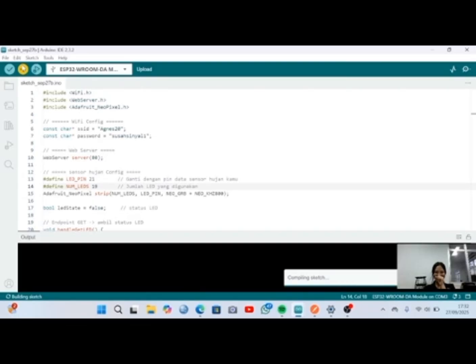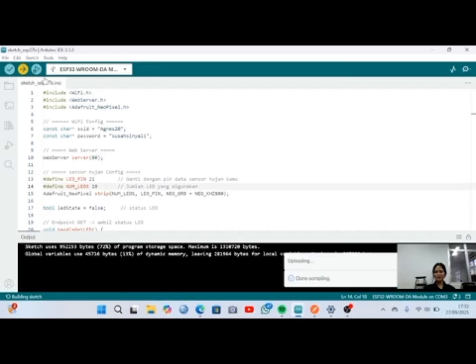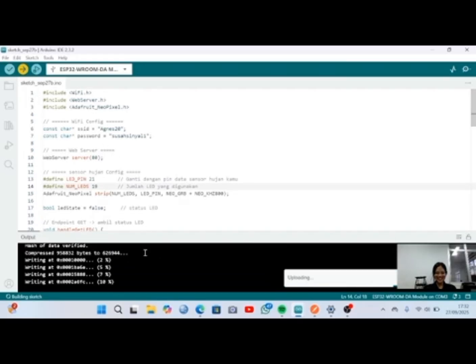After the Wi-Fi connection is established, the program registers the endpoints we talked about earlier: the root path, the GET for /led, and the POST for /led. Finally, the server is started and a confirmation message is printed on the serial monitor saying that the web server has started.